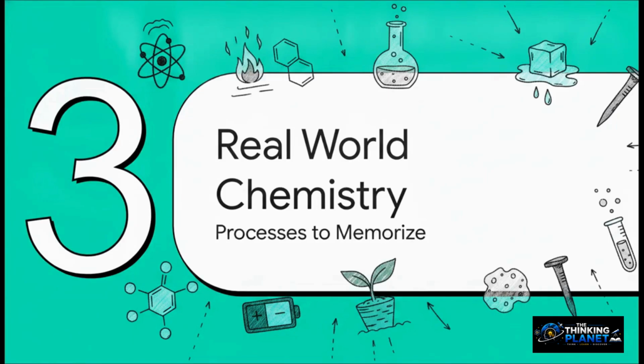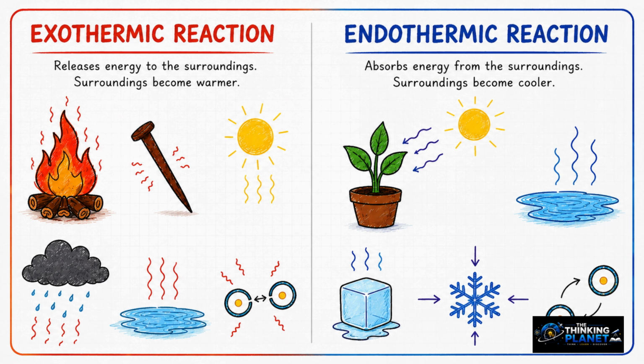Section 3. Real-world chemistry. Processes. Okay, so we understand the atoms, but chemistry isn't just about isolated hydrogen. It's about the entire world around us. And in an exam setting, you are absolutely going to be tested on your ability to recognize practical, real-world examples. So I want you to take a mental screenshot of this list right now, because these are your high-yield exam